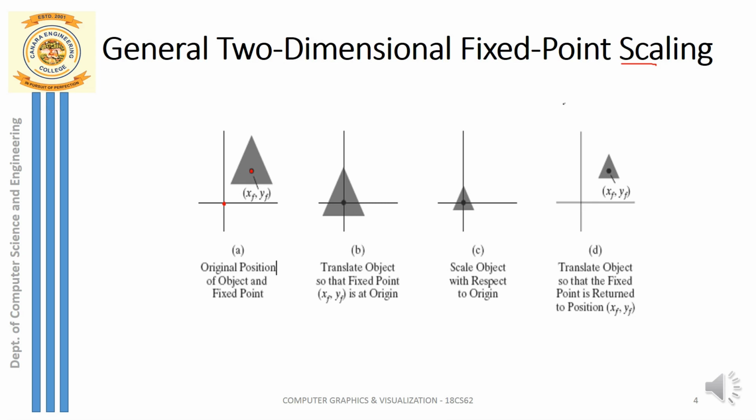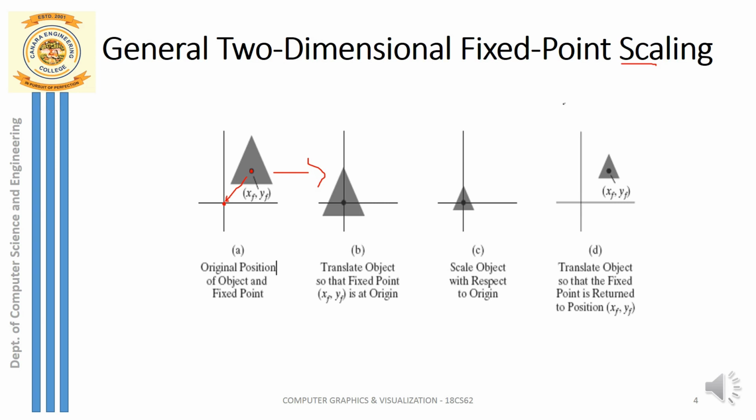Again, the same procedure has to be followed. I can get the object to the origin. So what am I doing? I'm getting this arbitrary point or fixed point to the origin. So how do I get it to the origin? I have to perform reverse translation. So reverse translation is done in the backward direction, or you apply minus xf, minus yf, so that you get this point back to the origin. So in that way I get my object here.